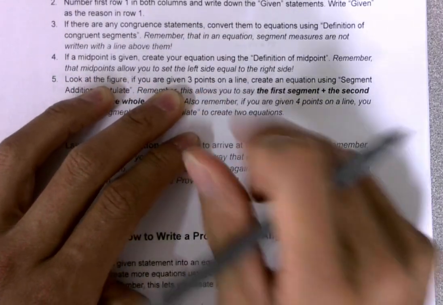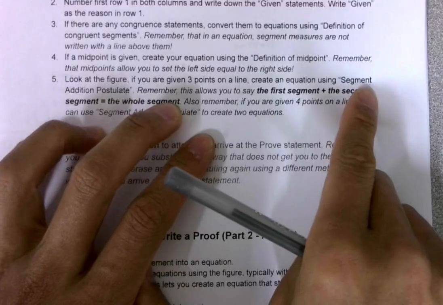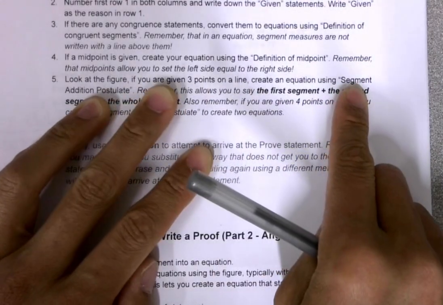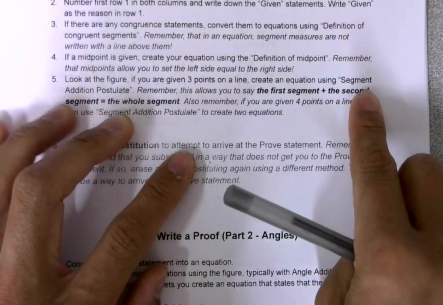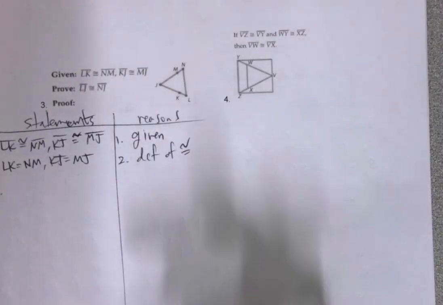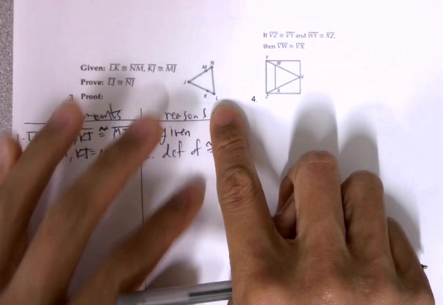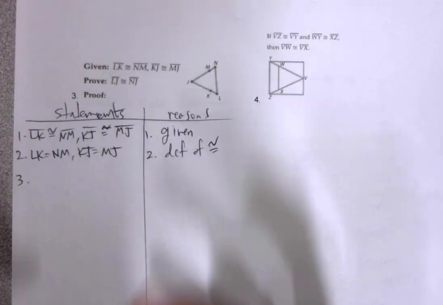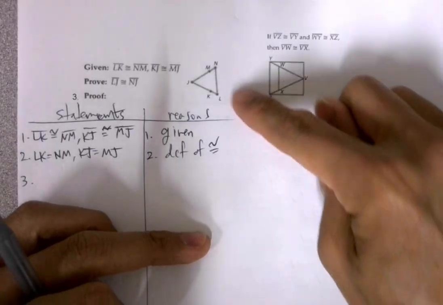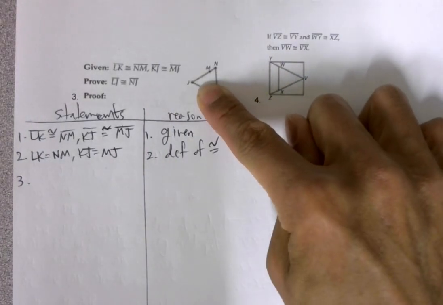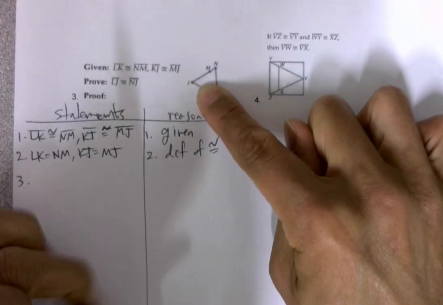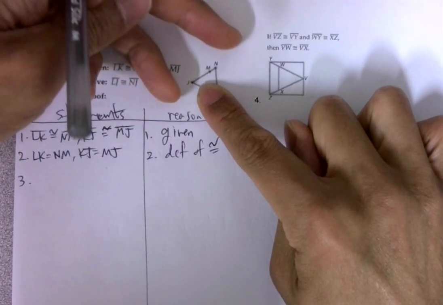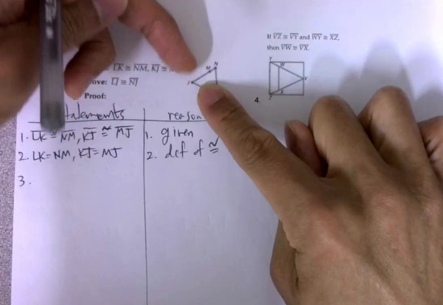We look at the figure, and if we're given 3 points on a line, we use seg-add-pos to create more equations. What does seg-add-pos let us say? That the first part of the segment plus the second part of the segment equals the whole segment. So I'm looking at this figure now, and I'm asking myself, do I have 3 points on a line? Well, we have this triangle, and it might confuse you, but we do have 3 points on a line. It's those 3 points right there, J, M, and N. So we can apply seg-add-pos to those 3 points. It's first part plus second part equals the whole segment, namely JM plus MN